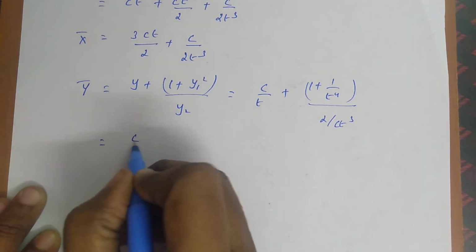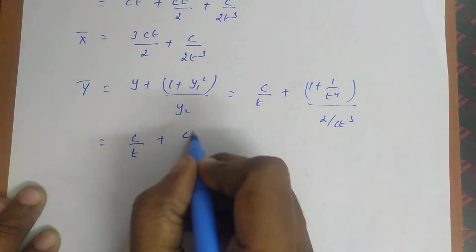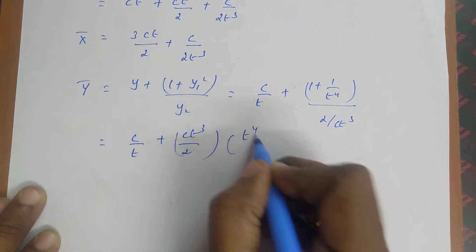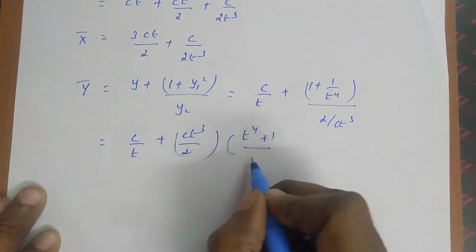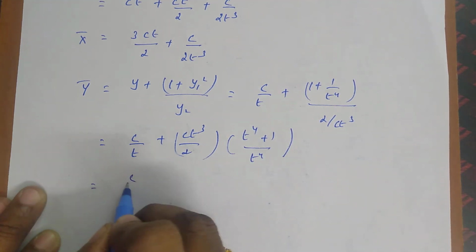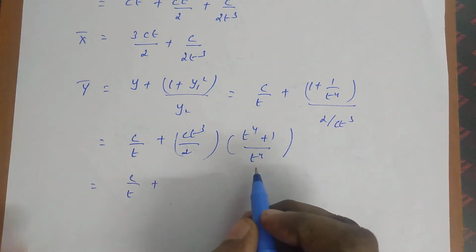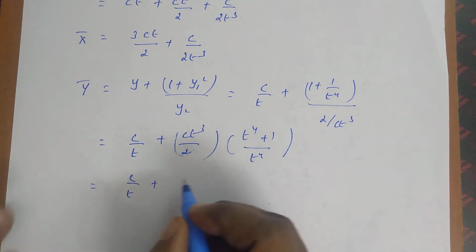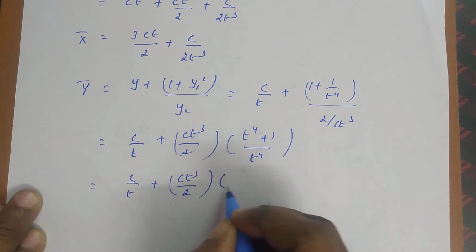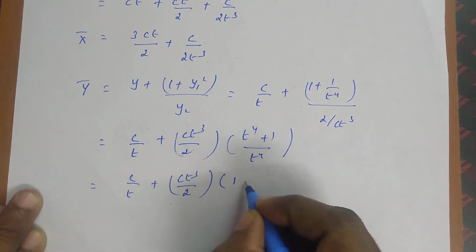So that is equal to c by t plus ct cube by 2 into (t power 4 plus 1) divided by t power 4. So we can multiply with this one, ct cube by 2 into 1 plus